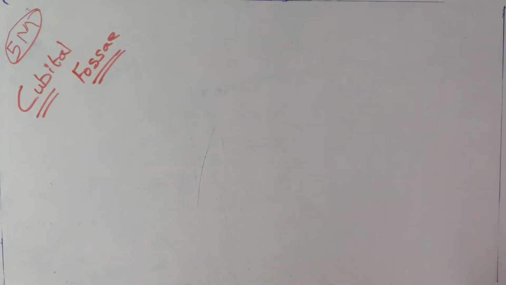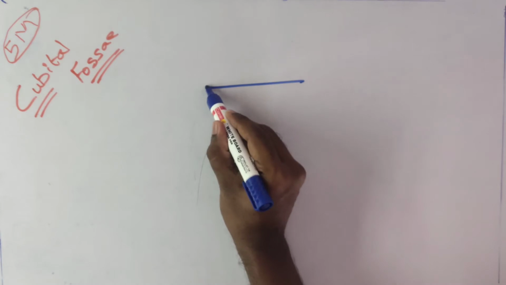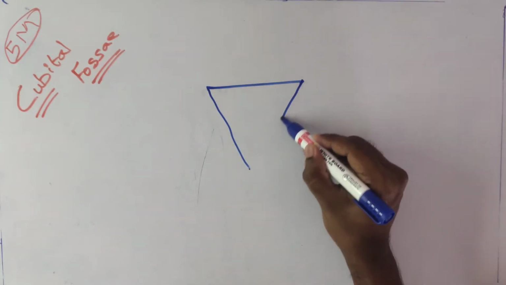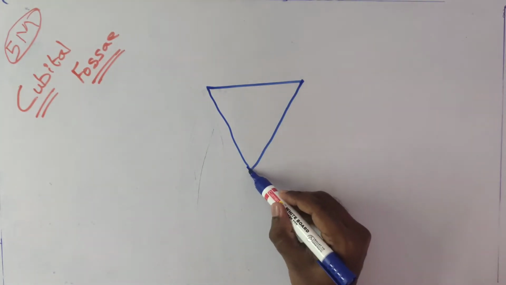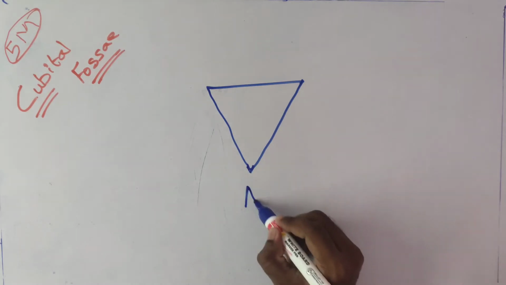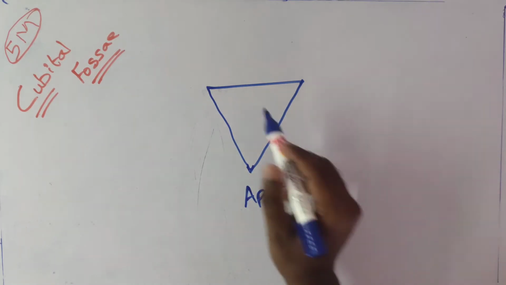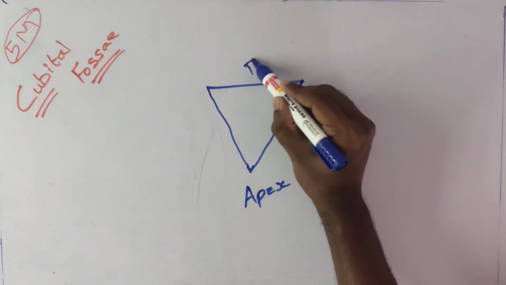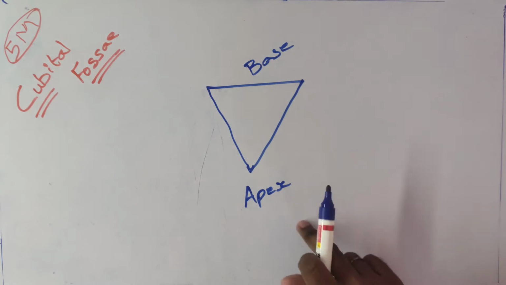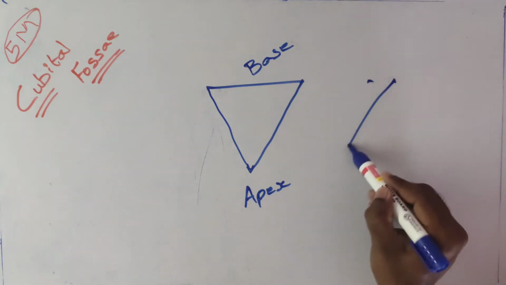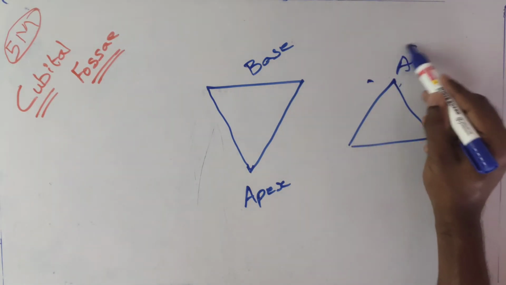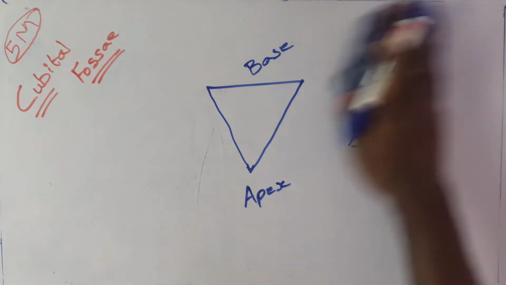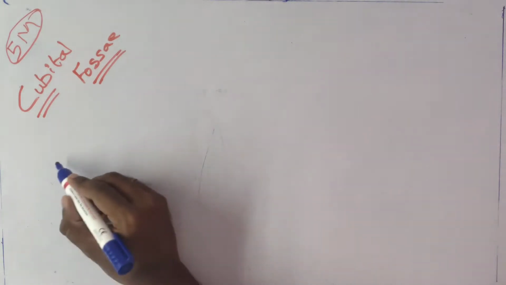I already told in the previous classes, in the triangle, where the 2 sides meet at a point is called apex, and where the 2 points are separated by another side is called base. Okay, it is apex and it is base. Or if it is the inverted triangle, it is apex and it is base. Remember that. It will be useful for the entire anatomy classes. Now we have completed the features.